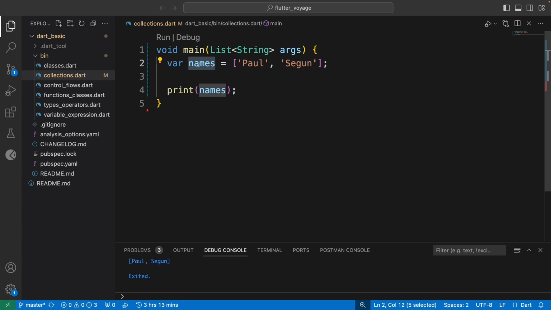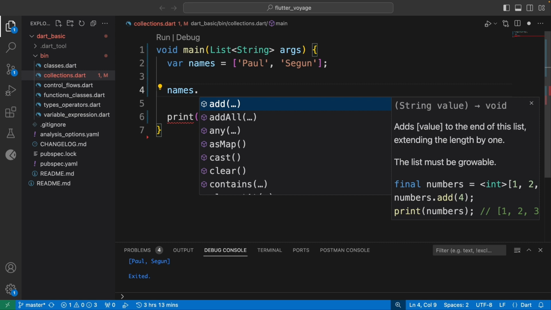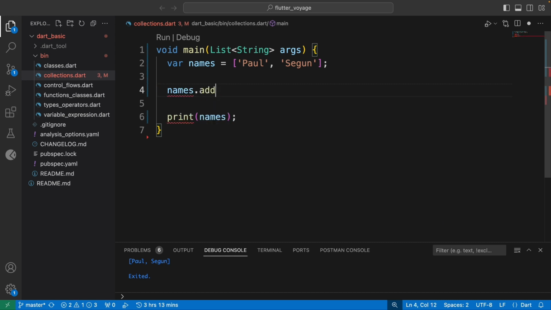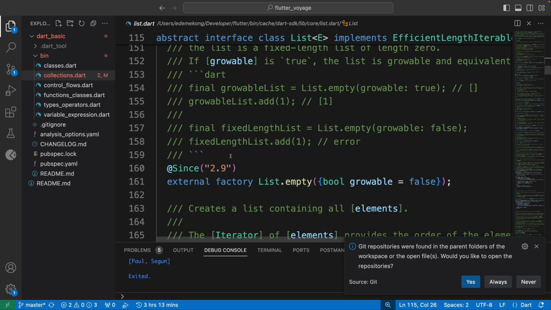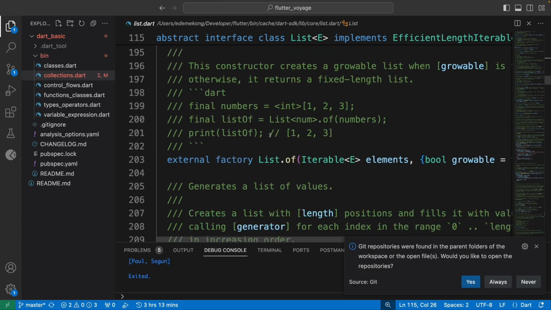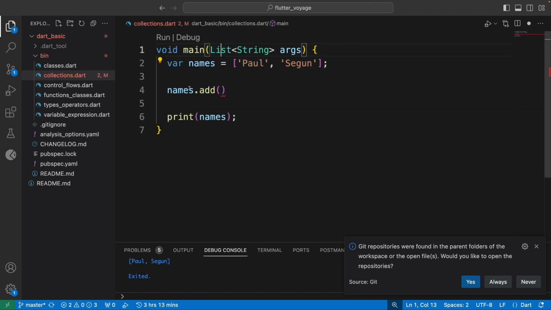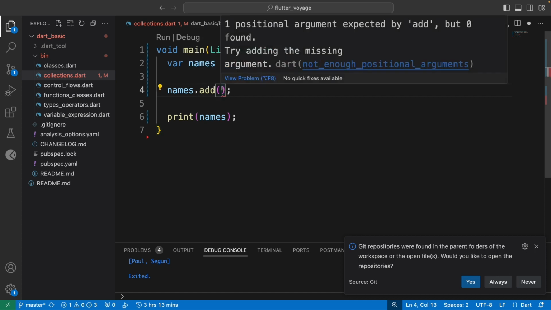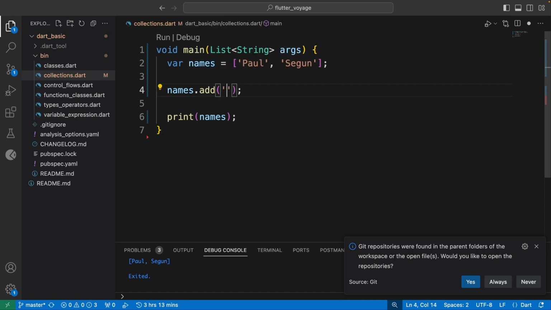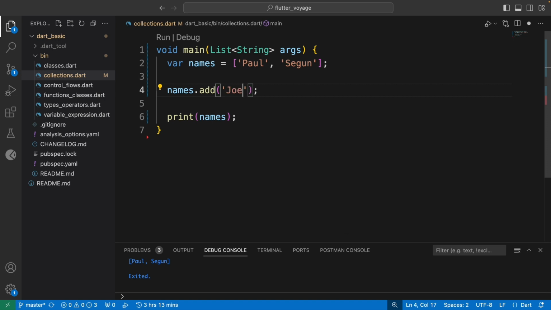One of the things I want to talk about is for you to add items to this list dynamically, programmatically. You can use names dot, and it's going to check the methods that a list has. A list has a lot of methods, and one of them is add. Then I can add a new item to this list. Let's say I want to add Joe, and if I run this, you can see we have Paul, Segu,